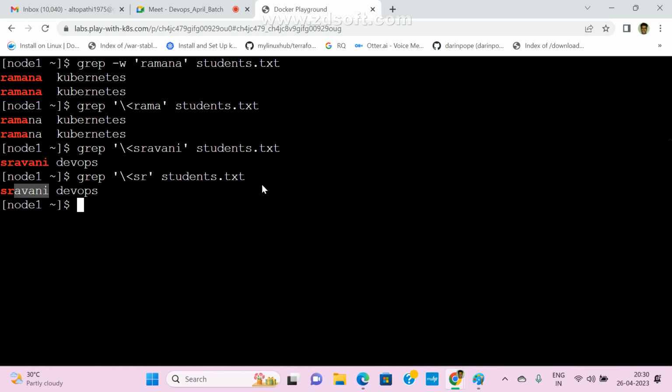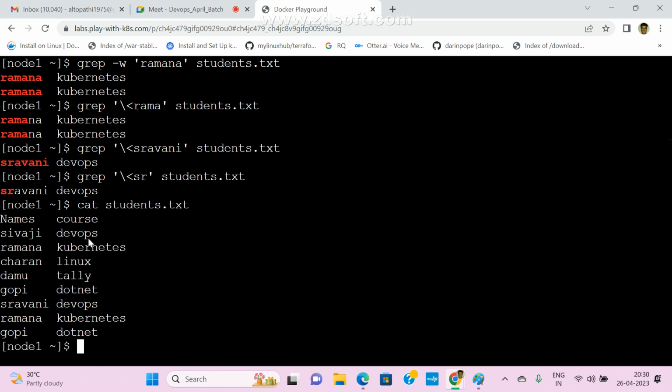Now clear? Does anyone have any doubt here? This is the starting word, the starting letter. I want to start with SR. Any doubt, any confusion here? Clear guys? Now I want to check with Linux or Tally or .NET, only .NET related, or Kubernetes related people, I want to find them.